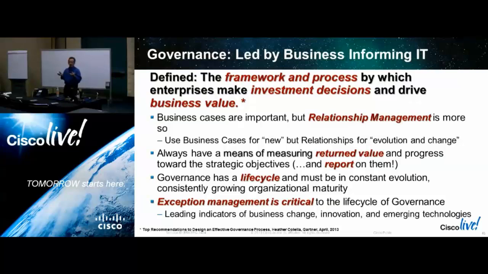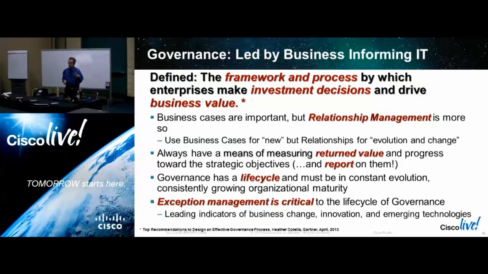Or maybe the relationship manager tells you, well, this really is sufficiently different. It's got these aspects to it we need to consider. And so we do need a business case here. But you'll save a lot of money in terms of resource to create business case. You'll add a lot of velocity in terms of deploying solutions by making the distinction between the need for a business case and the need for a relationship.